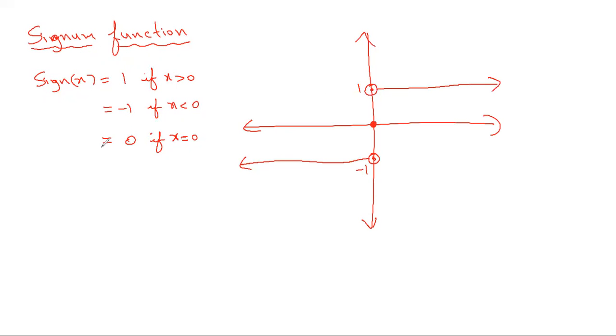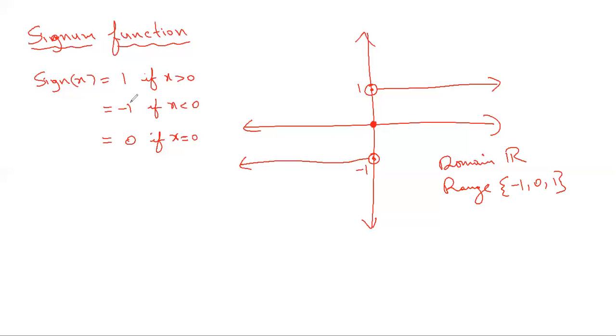From the graph also you can find the domain and range, like in the 4 methods which we started with in the beginning. We can write the domain of this function by observing the graph along the x-axis. Wherever the graph is present, that is the domain. Throughout the x-axis the graph is present; there is no real number for which you can't calculate the signum function. So the domain is all real numbers. For the range, the possible outputs: when the outputs are finite and few in number, you can just pick all the possible outputs and write the range as -1, 0, 1.